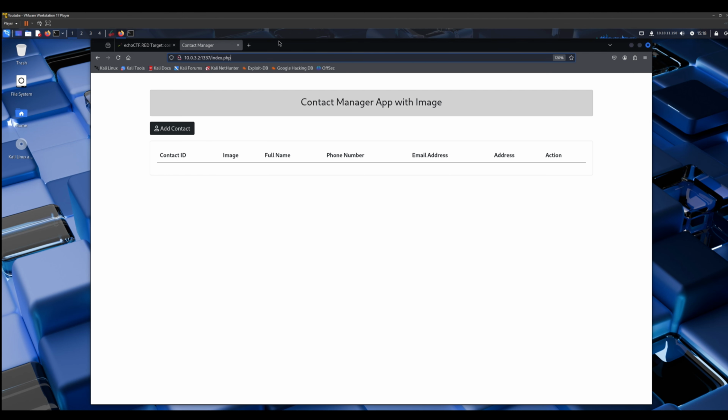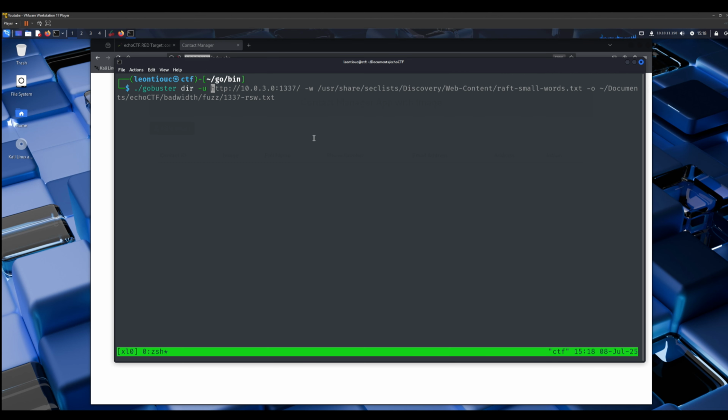Let's use this copy, put it there. And then we specify -w for the word list we want to use. /usr/share/wordlists/seclists/Discovery/Web-Content/raft-small-words.txt, and let's save the output